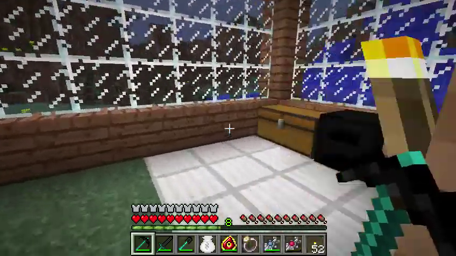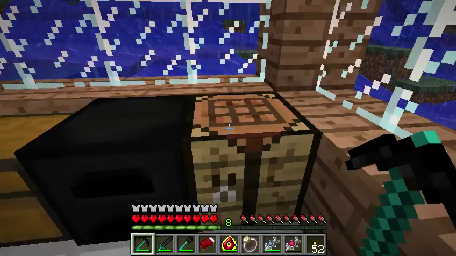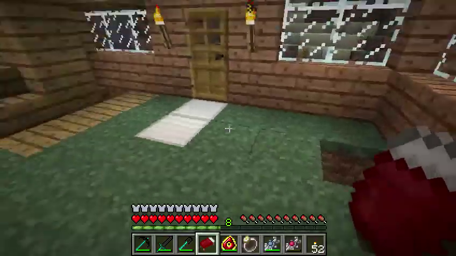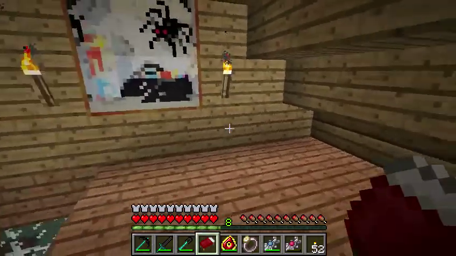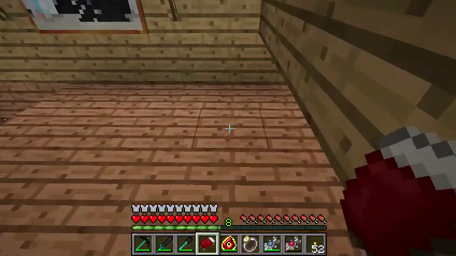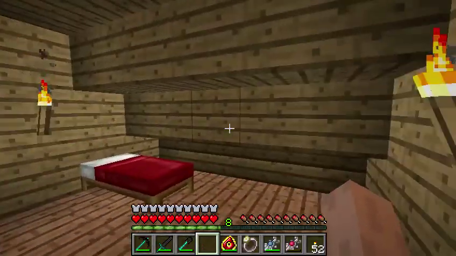And where am I going to put this bed? I have no idea. There we go, bed. So I'm going to put this bed up in the attic. Why not? I was really not knowing where to put it, but this seems like a brilliant place. So we'll just put the bed right up there in the attic. Freaky place for a bed, but